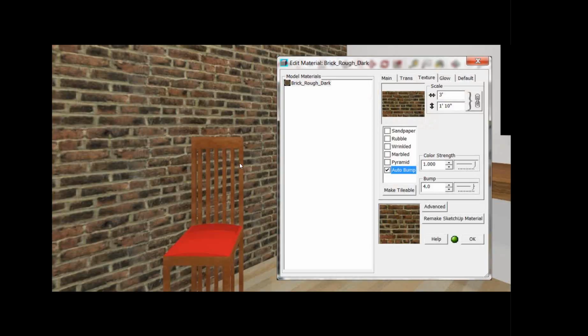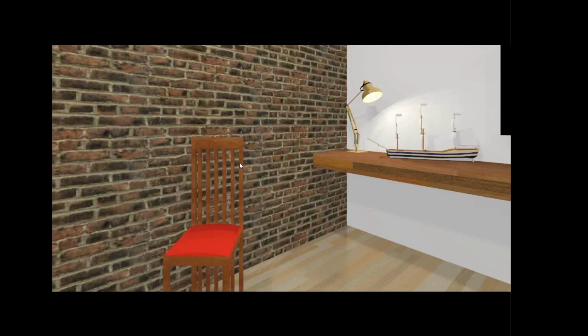We have traditionally referred to this as texture mapping or bump mapping. All I did to improve the rendering of that brick wall was I used an auto bump texture. And when I do, I get better relief. This will be even more obvious in a rendering that I'm going to show you in just a couple of minutes. Sorry for the aside, but that's an important concept in terms of enhancing the 3D realism of your